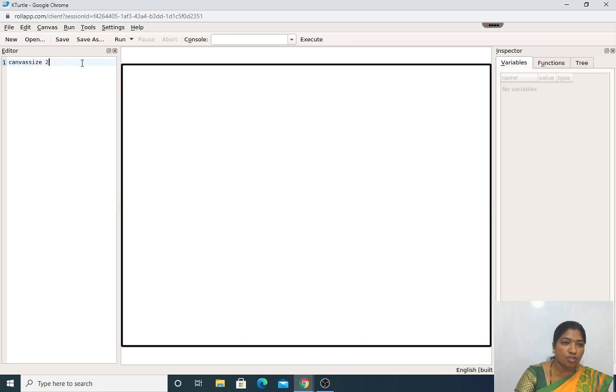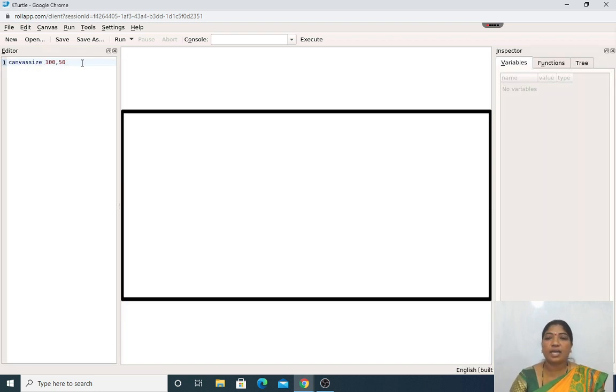Again, if I change this to 100, 50, what happens? It comes in a rectangular shape. That is 100, 50. This is the height and this is the width. Here height is 50 and width is 100. Clear, my dear students?